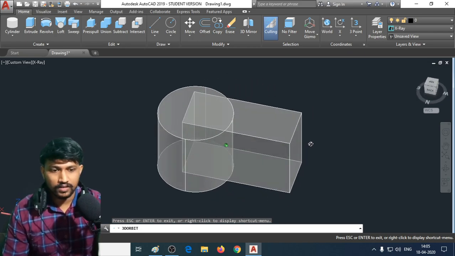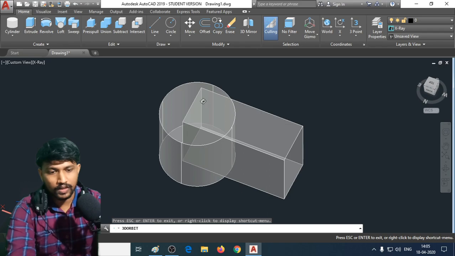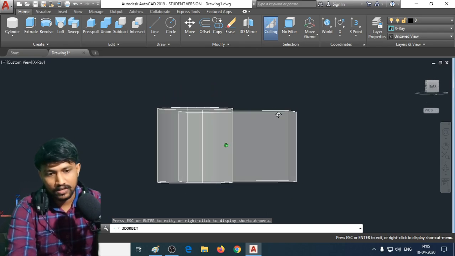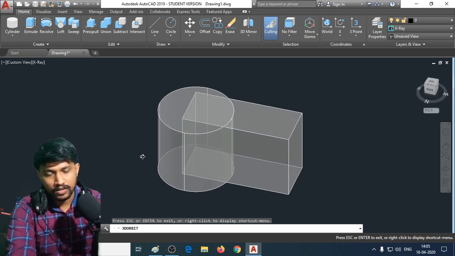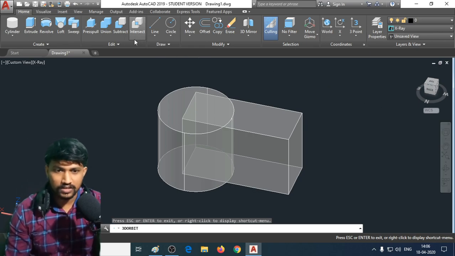Now can you guys see, this is the cubical portion that is actually inside of this cylinder, right? So what intersect does is, the common portion which is actually interacting, which means in this entire cylinder, this much of portion is interacting with this cube, and in this cube this much of portion is also interacting with this cylinder. So whatever portion is inside of this cylinder will be kept, and whatever portions are individual, they will be trimmed out. So that is how this intersection command is going to work.